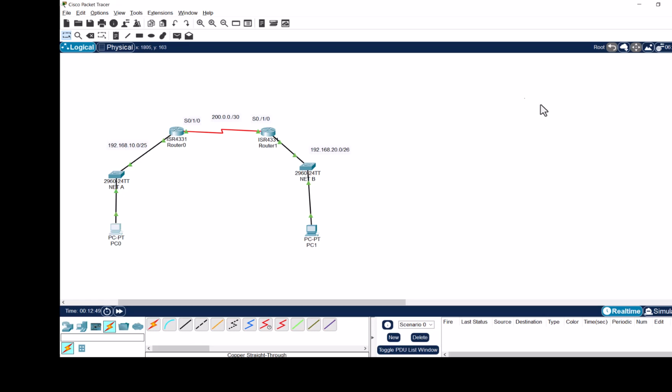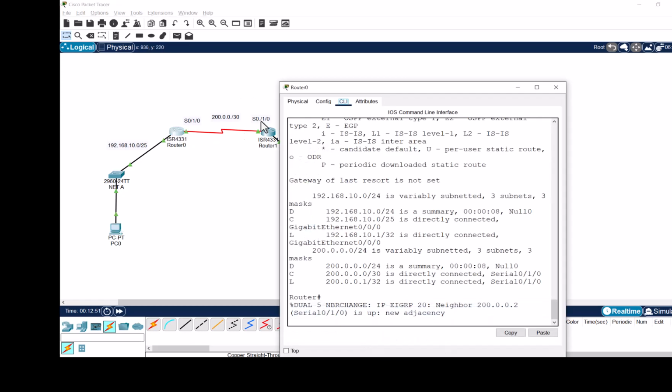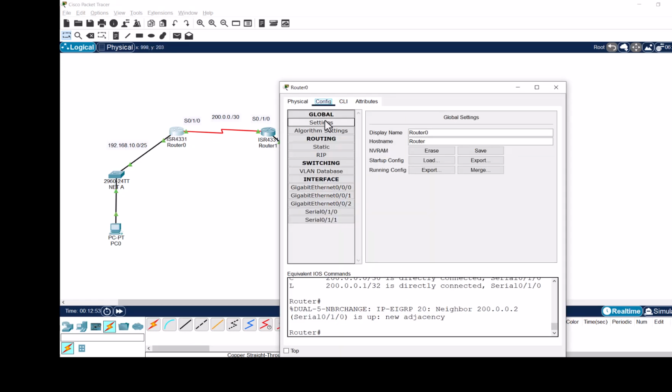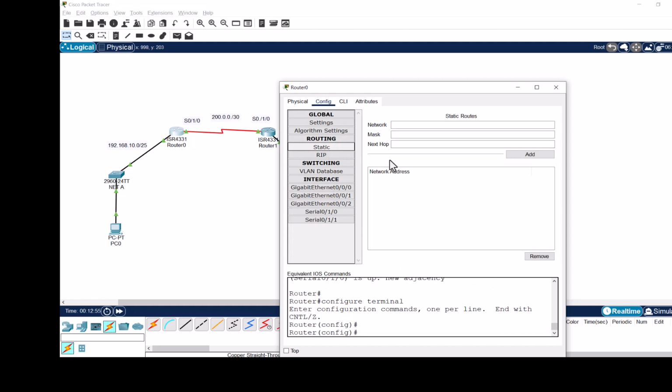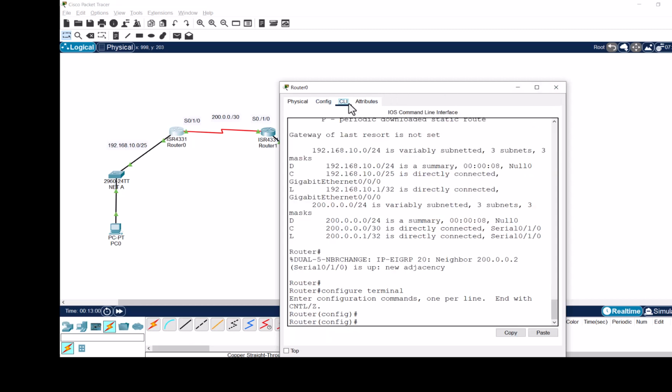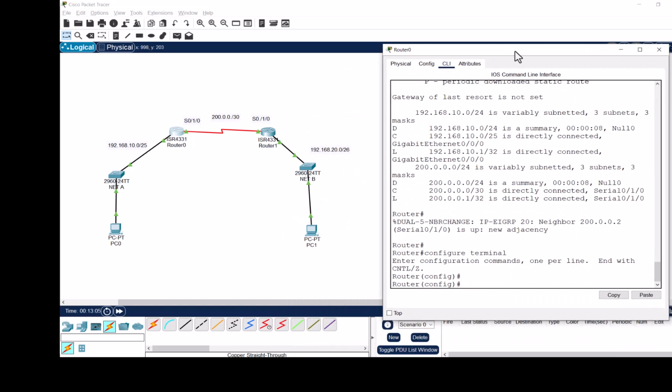So I believe you know static routes, so I'll go here and config here. If I try to make a static route, I don't see here a space where I can add administrative distance. So I'll use the command line. I will go to router 0. I will tell it about network B. So IP route, we know this. Network